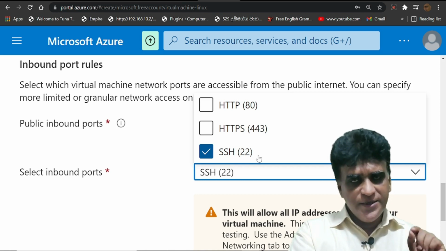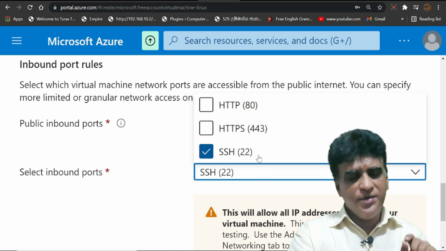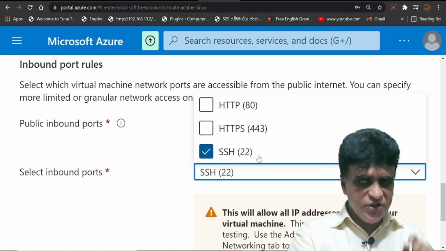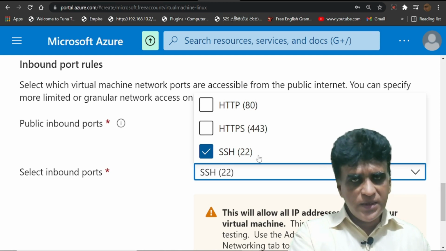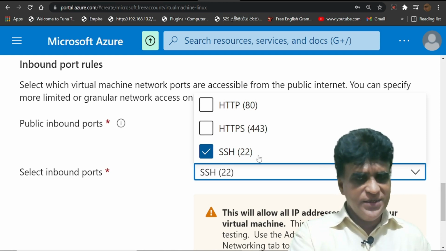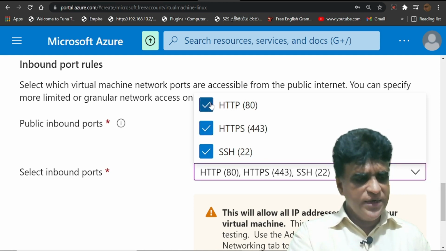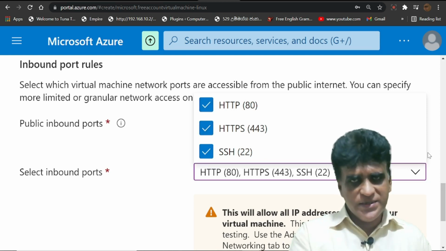The SSH port is used to access remotely using an SSH client like PuTTY. I will show you how to download and access PuTTY once I finish this installation. And I need the HTTP ports to access a web-based interface. I am going to show you how to install this web-based interface too.